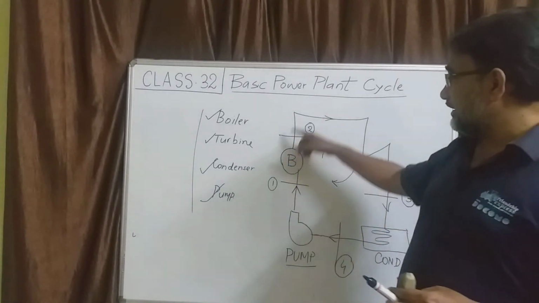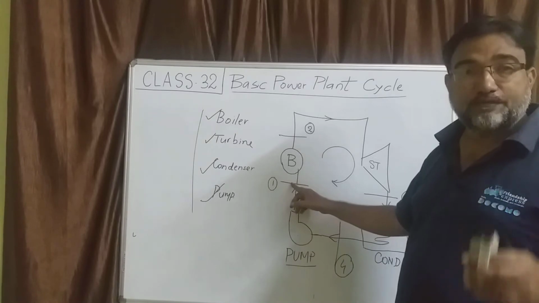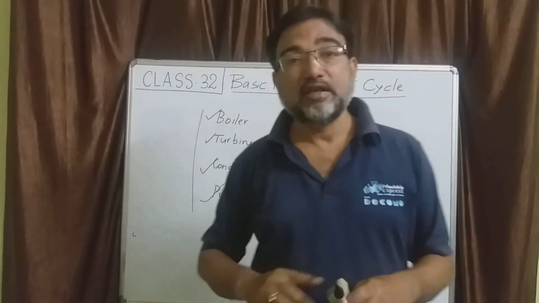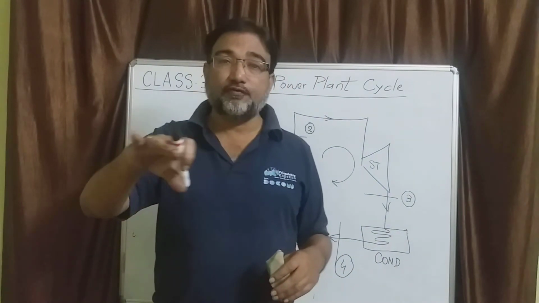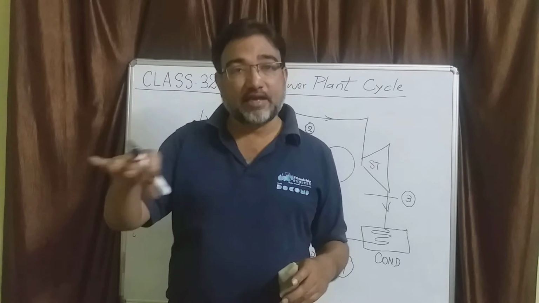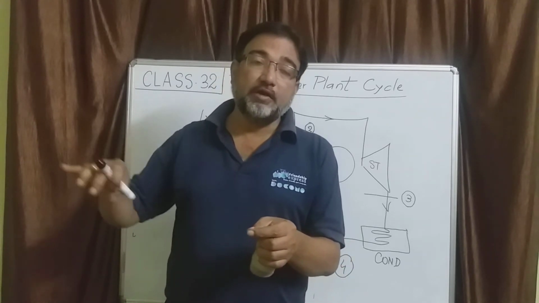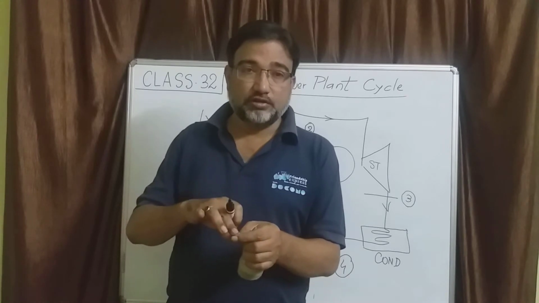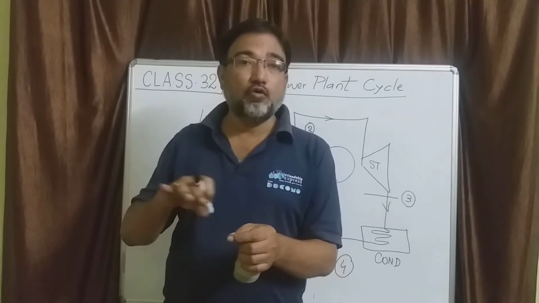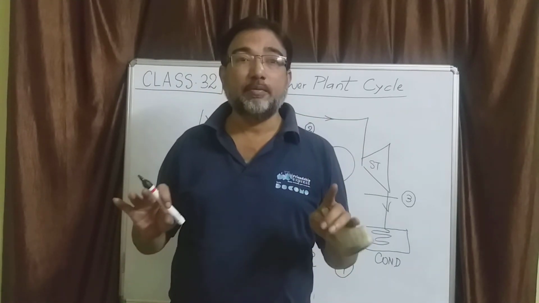So finally the working substance is coming back to point 1. Starting from 1 it is again coming back to 1. That means the working substance, when it is going past the 4 units one by one, is completing a thermodynamic cycle, because its properties are regained, it is coming back to its original state. That is 1. So 1, 2, 2, 3, 3, 4 and 4, 1 will be constituting a thermodynamic cycle.